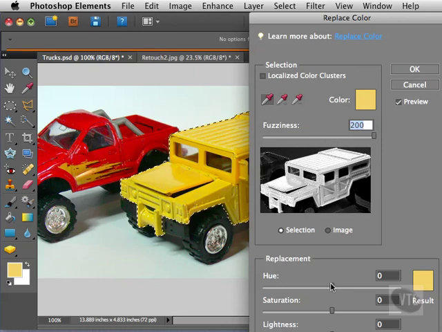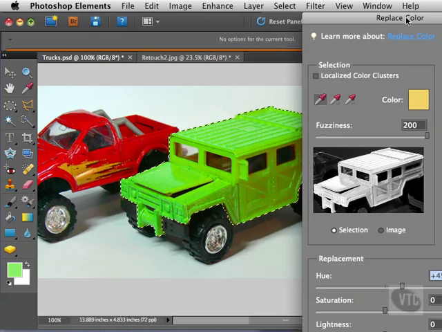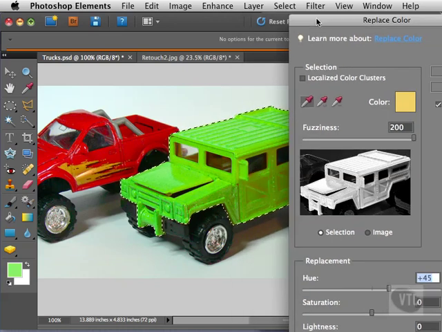Now what we have here down at the bottom is we have 3 sliders, and unfortunately my last slider is getting cut off, my lightness slider, but we have hue, saturation, and of course the lightness there. Now, do you remember the hue slider from an earlier exercise? He's the color wheel, right? So what I can do, quite literally, is I can drag on the hue slider, and that actually changes all of the yellows in my selection now, in my example, to this sort of light green or sort of this